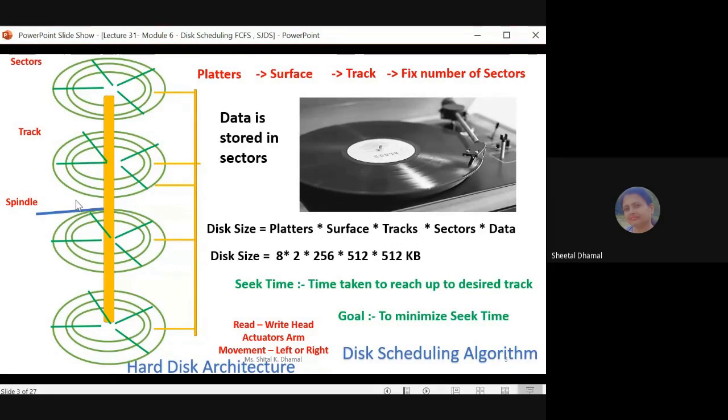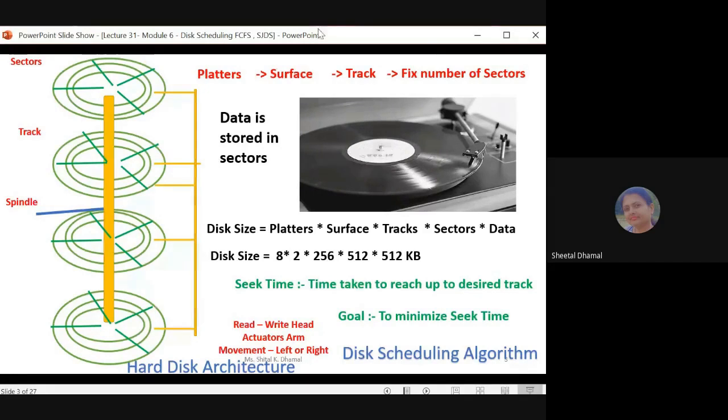So what can be the worst case or the best case here? Let us consider your read write head is pointing to track number 0, and the operating system needs to read data from the file saved in track number 0 only. In that case, there is no need to move the read write head anywhere. So no time is required for moving the read write head. We can consider this the best case.